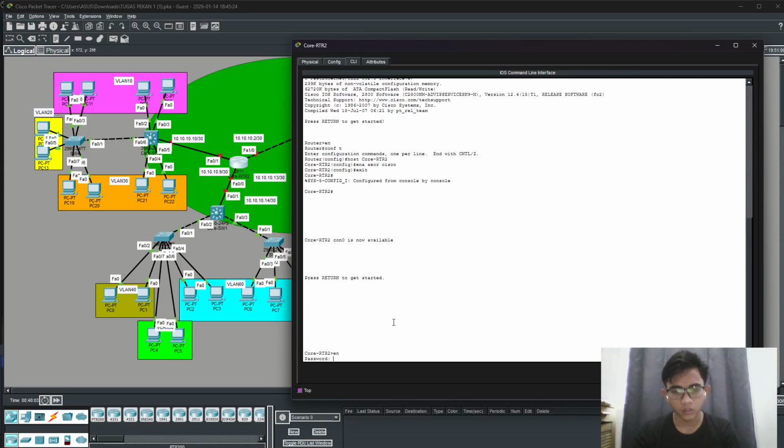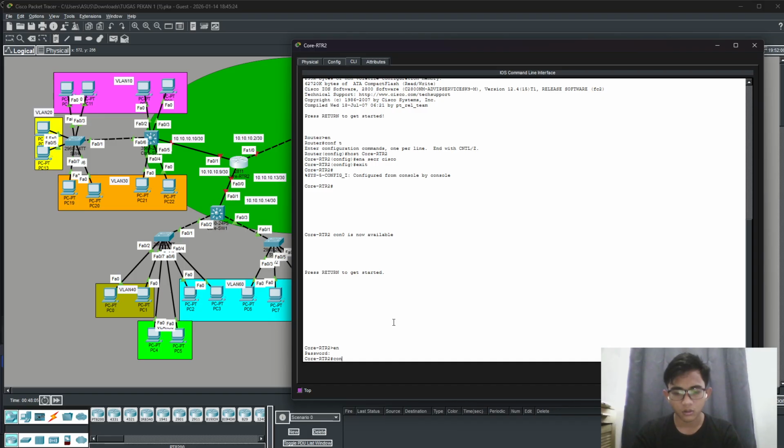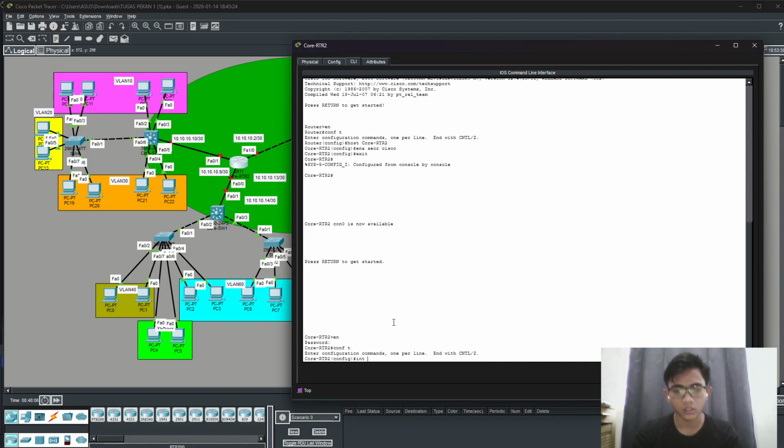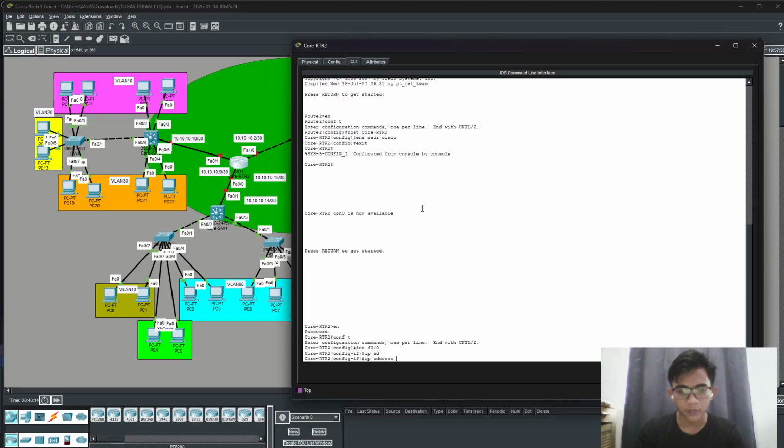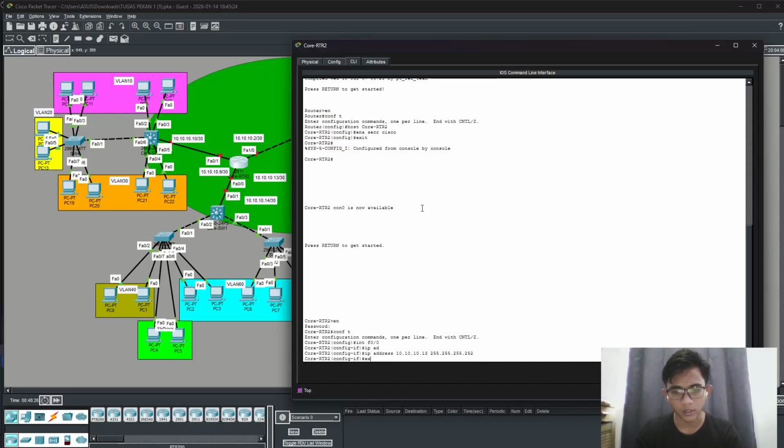Okay, enable, Cisco, configure terminal, interface F0/0. The IP address is, I'm sorry, not 10, but 13, and the subnet mask is 252, I guess. Okay, I'm sorry, don't forget no shutdown.